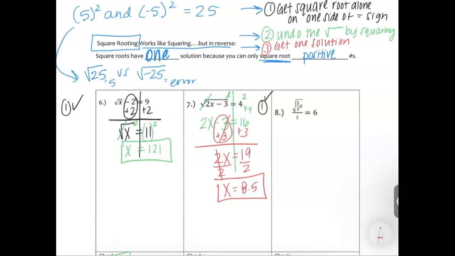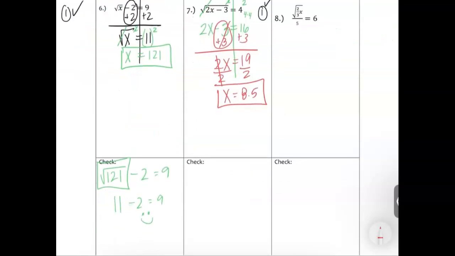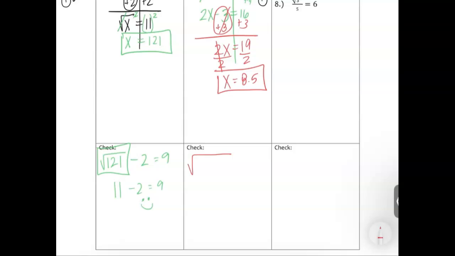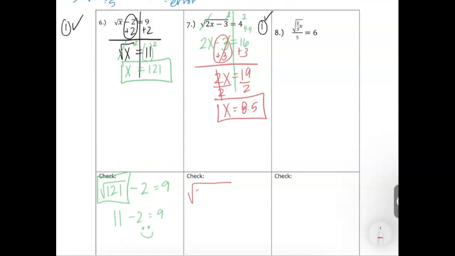If you're not sure, let's plug it in. Our problem says take 2 times whatever your x value is. So 8.5, then we subtract 3. Does that equal 4? Well, order of operations are weird with square roots. You can only square root one number. So you are going to follow order of operations until you get one number, and multiplication comes before subtracting. So 2 times 8.5